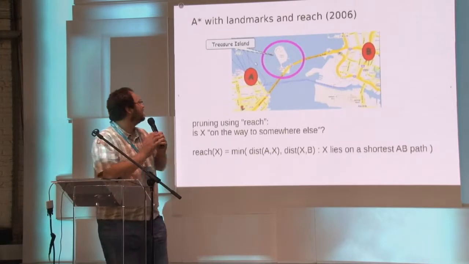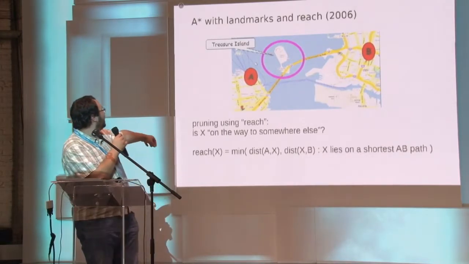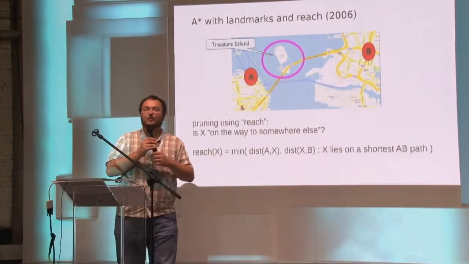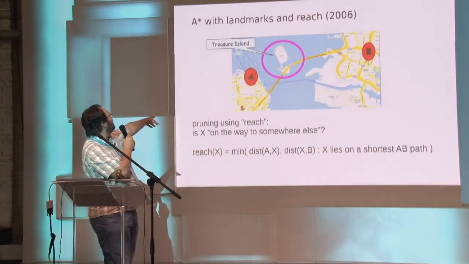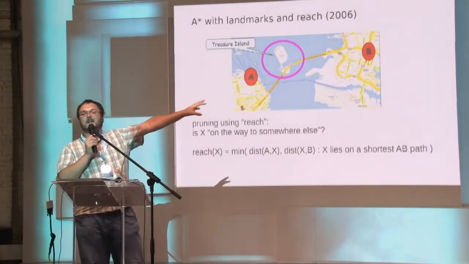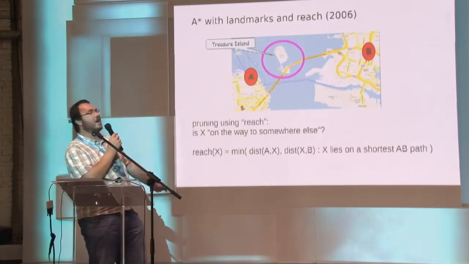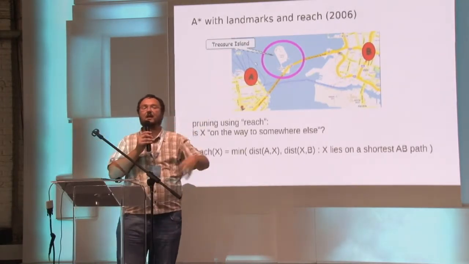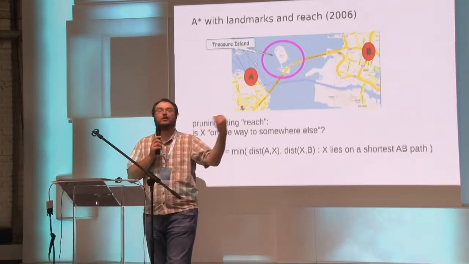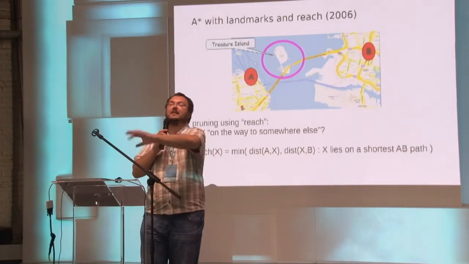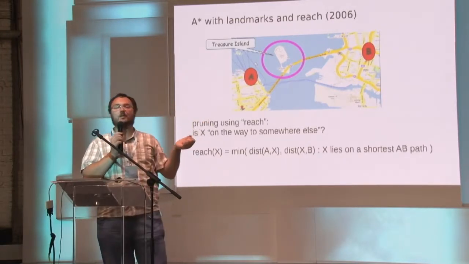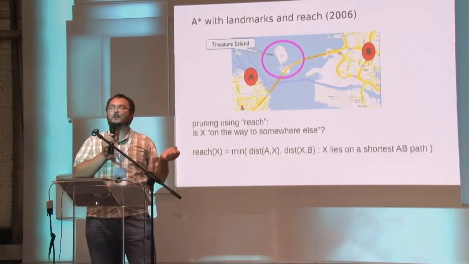And then in 2006, and here, I'm sorry, I have a mistake at the bottom, there should be one more maximum in the formula. There was a question what to do with things like this on the map. So what you can see is you are looking for a connection from A to B. There is a highway that connects them, and in the middle of the highway there is an island. And you have an exit from the highway and some edges there. For a human, it is obvious that it doesn't make sense to go through the exit and then along those roads. But they are too far away from B, so the previous algorithms would still visit those vertices.